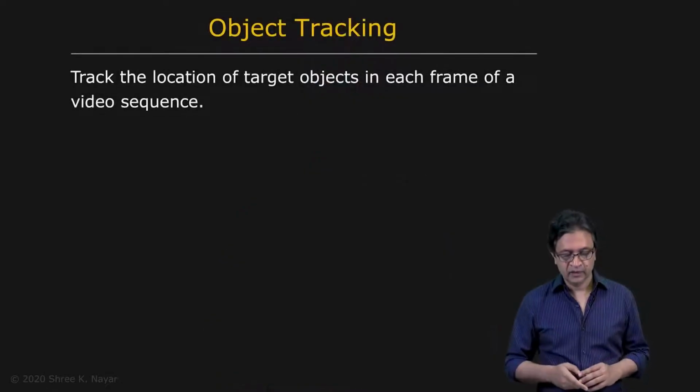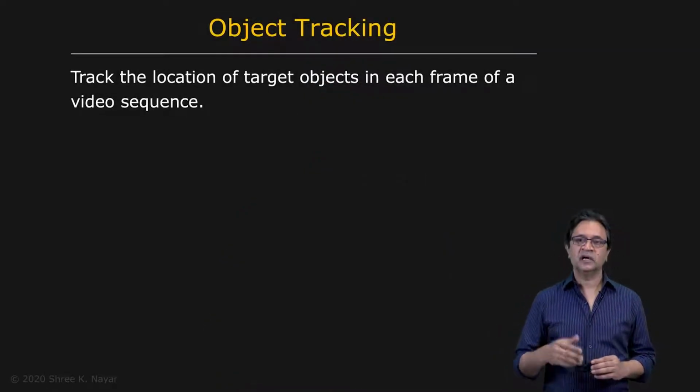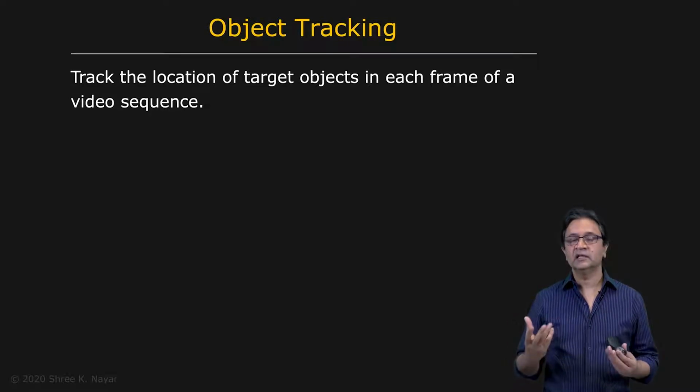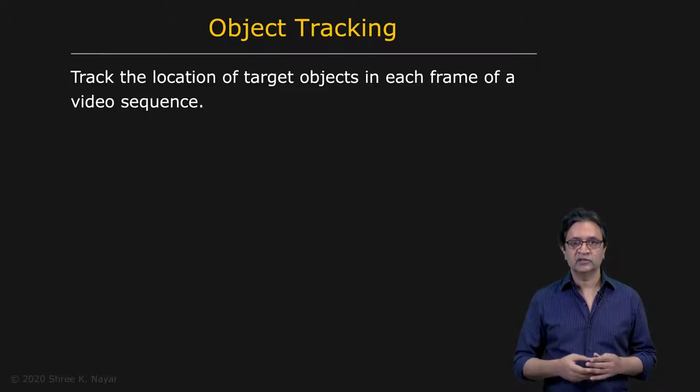When we do this, you can imagine that we want this tracking algorithm to be insensitive to changes in illumination, in scale, in rotation, and perhaps even occlusion as the object moves over space and time. So that problem is called object tracking. So you want to track the location of a target object from one frame to the next frame in a video sequence. If we can do this through an entire video sequence, you can imagine that we can come up with tracks for each one of the objects of interest and therefore understand how things are moving with respect to each other in the three-dimensional scene.